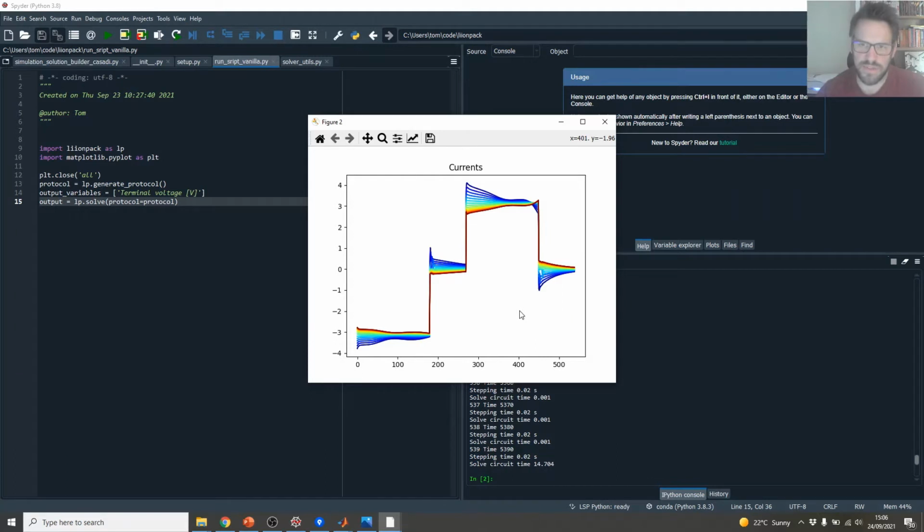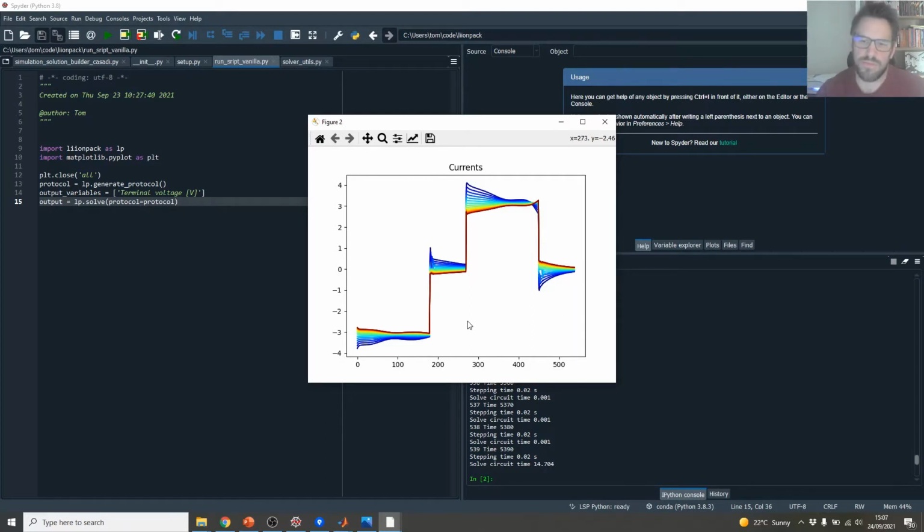calculates some heating terms, updates the temperature based on the thermal model that you use, and that can be done completely in PyBaMM, or it can be done with an external sort of model, either one that you might code yourself, or you could put this in Simulink and use their thermal modeling. And then on the next time step, it uses those new state variables to solve the global current problem again,